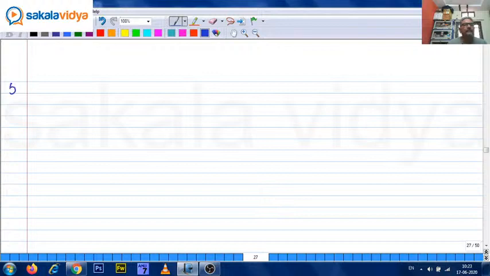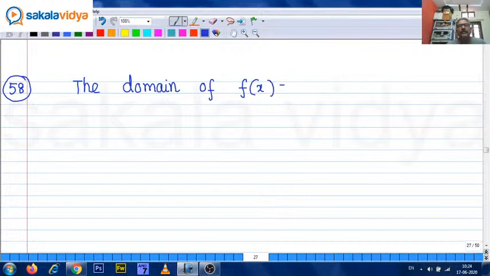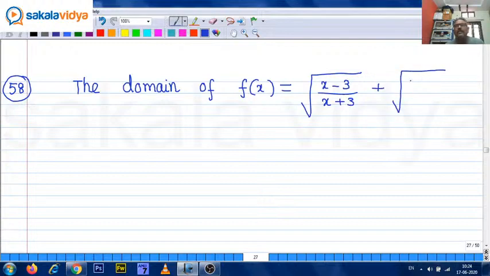58. The domain of f of x equals root of (x minus 3) upon (x plus 3) plus root of (2 minus x) upon (2 plus x) is